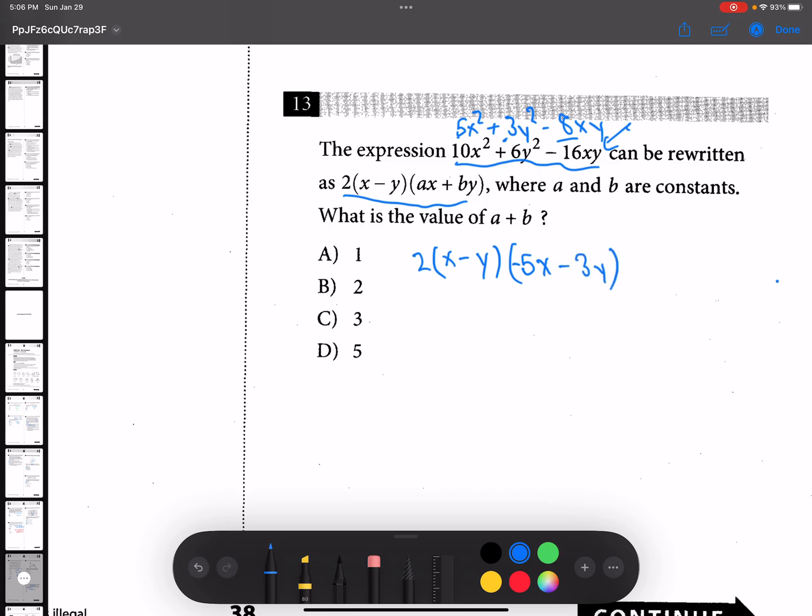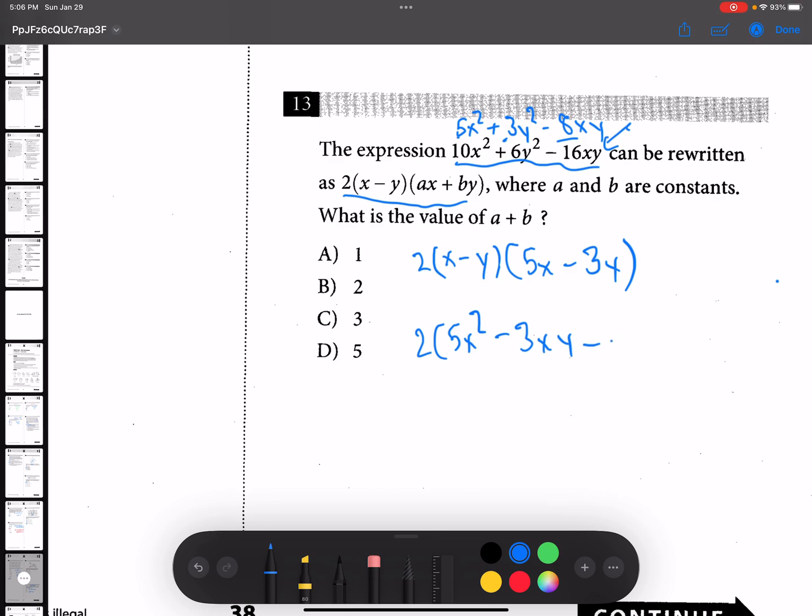So I'm going to see how that works out, and add those. Actually, this would stay positive. 5x plus 3y. So if we add these, we get 2 in parentheses minus 5x squared. Well, actually, because one's negative, I wouldn't say that. Let me do 5x minus 3y. Okay, so that'll give us 2, 5x squared minus 3xy